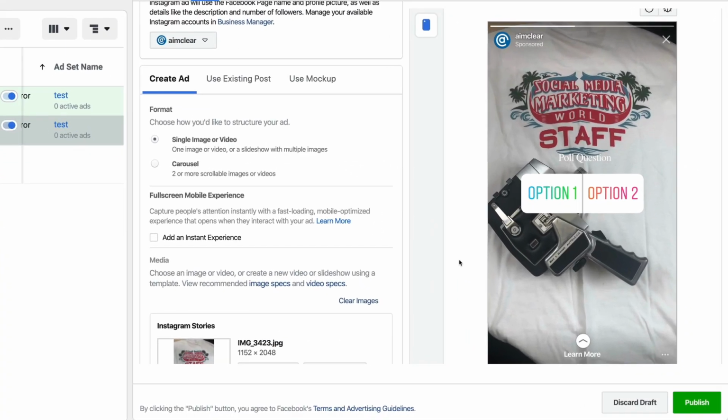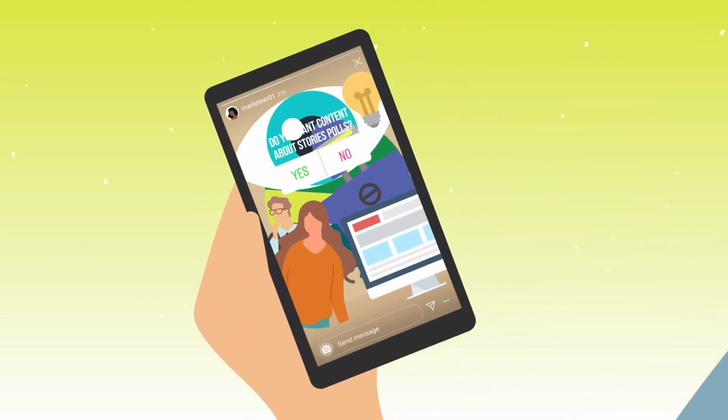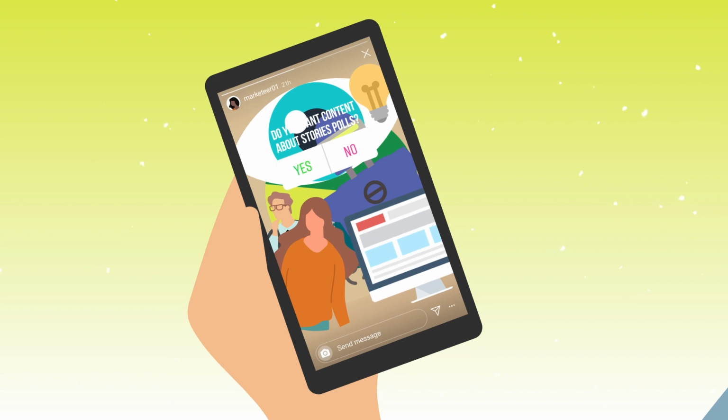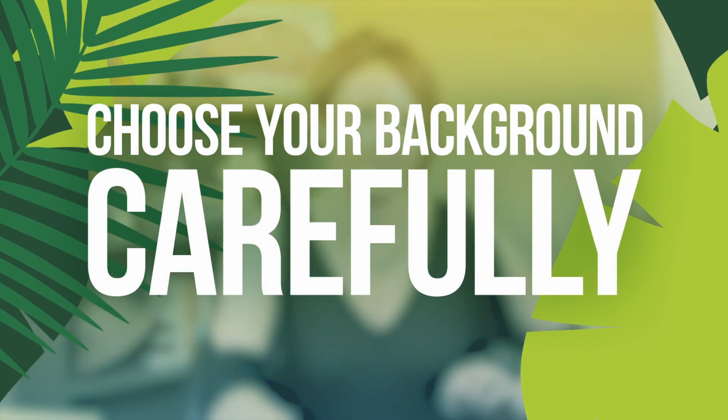So in this example, you can see where the poll question would normally be. It shows up white. People have 15 seconds to look at your story. So if you have a complicated picture and a logo and people's brains are literally trying to assemble what the messaging is, and then your poll question is on white, probably not gonna do a really great job of helping people understand, let alone be able to see what it is you're asking. So it's very important if you're going to run an Instagram stories ad that you think through what that background is gonna be, because you can change the image that you have in the background, but you cannot change the way that it's gonna render the text.